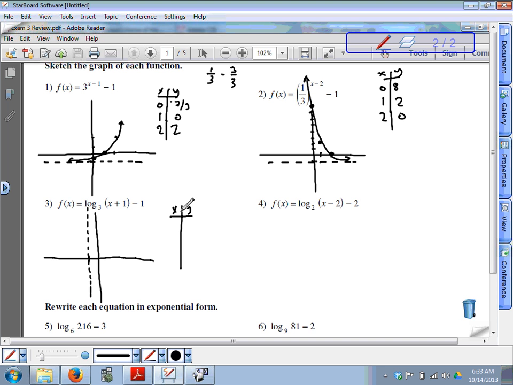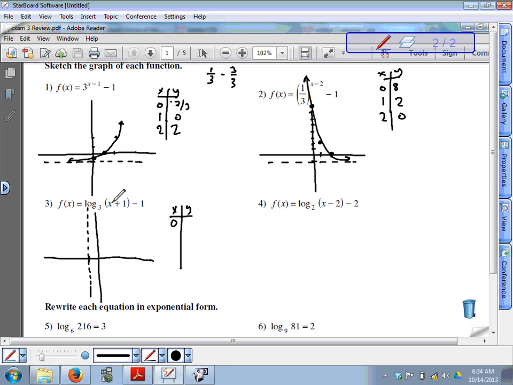Now we need to find a couple of points on the graph. We have to choose values of x that are in the domain. The domain of this function is from -1 to infinity, not including -1. Because you can't take a logarithm of 0. So if we let x equals 0, for example, then